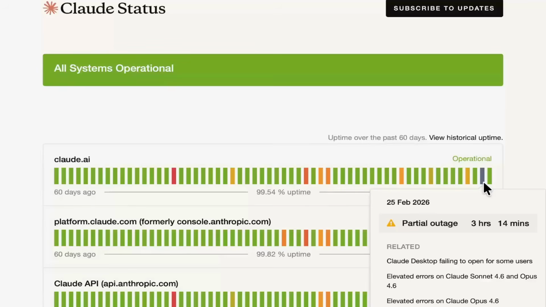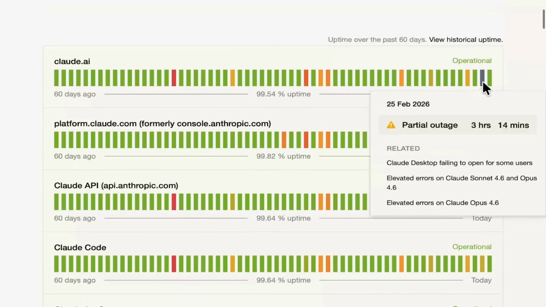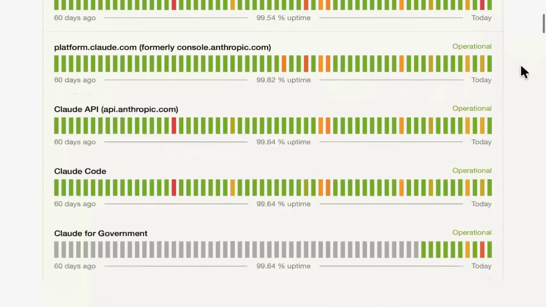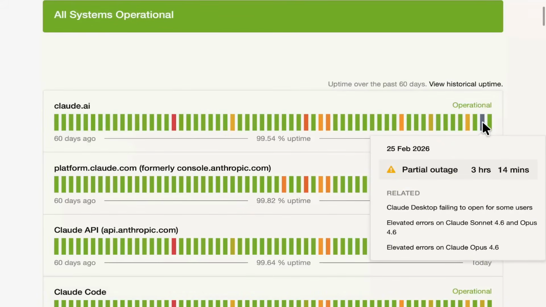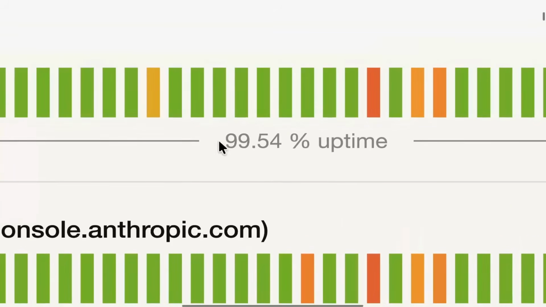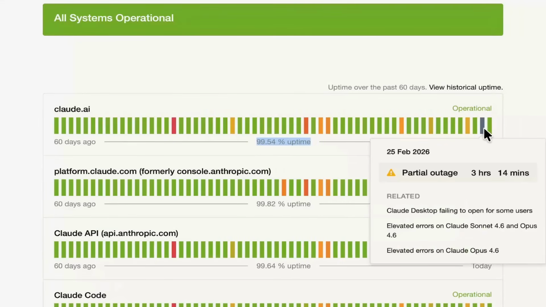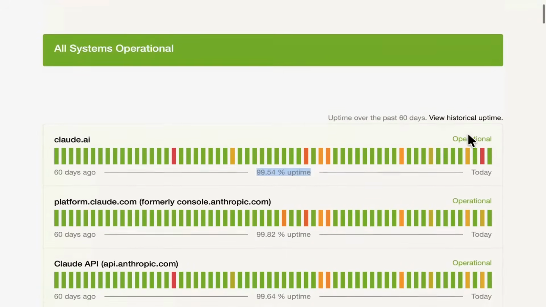Back to the video. You know what's absolutely hilarious is I was gonna say I bet that there's a red line here, but I wanted to check first because I don't want to look like an idiot, obviously. I was right. Every single time the same thing happens, right? And I will tell you why this happens. This uptime for Claude is the most important thing, right? So if they're running Opus 4.6, and it even says elevated errors on Claude Sonnet 4.6 and Opus 4.6, elevated errors on Claude Opus 4.6. This happens every single time, guys.